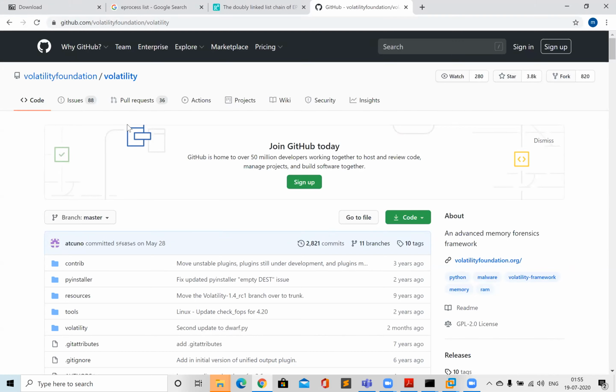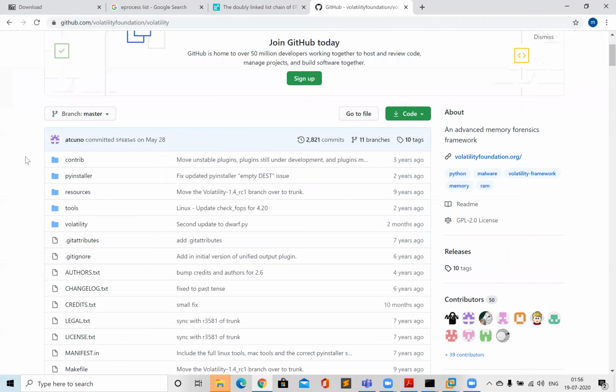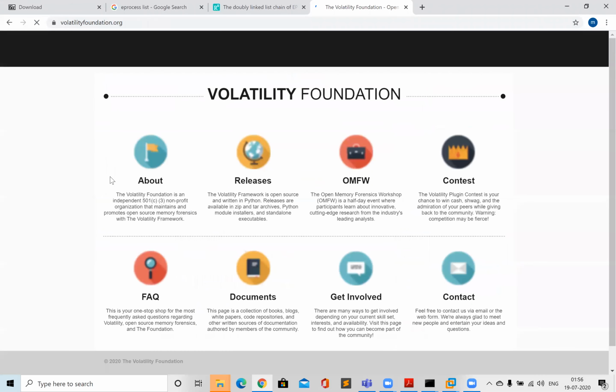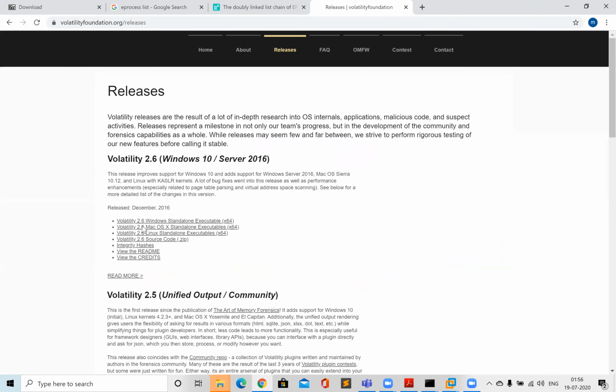So there are two major tools that you can use for memory forensics. One is Volatility, which is kind of the gold standard of the tools, and you can visit Volatility on GitHub and just download the code from there. The other way is that it also has an exe version, so you can directly download volatility.exe on Windows and just start the forensics of the RAM memory. You can see that it has the Windows standalone executable. You don't have to download the code and all. This will be very handy.